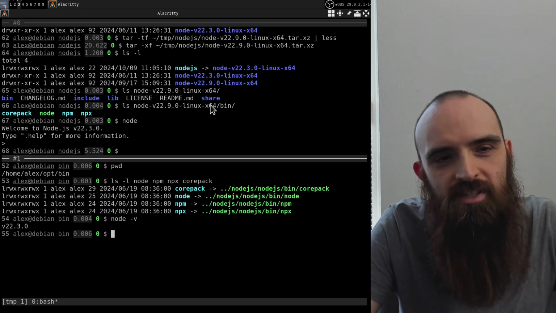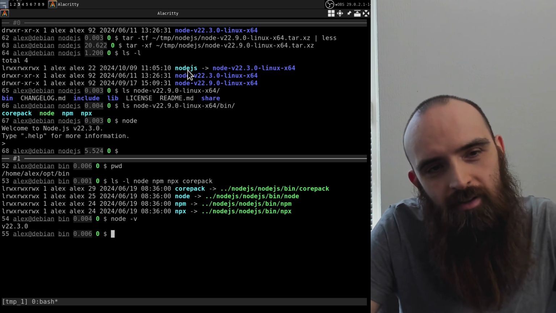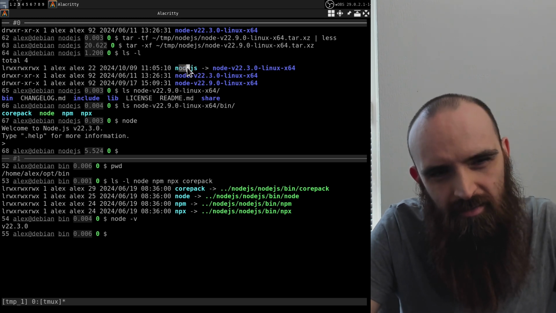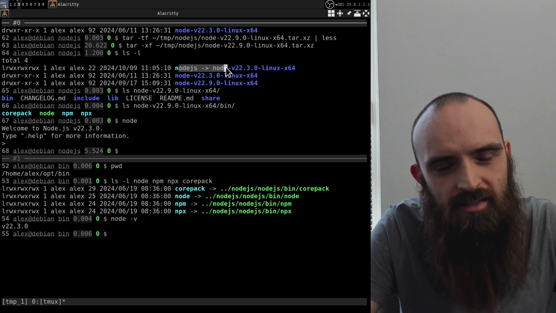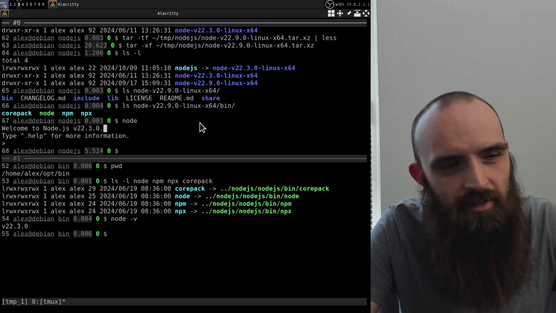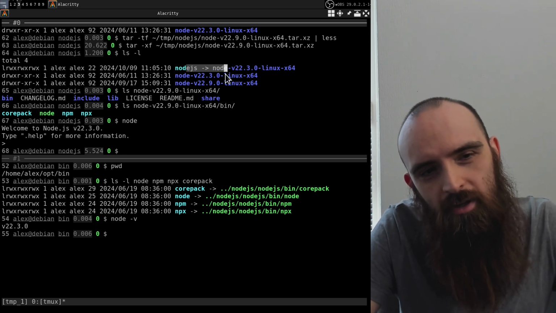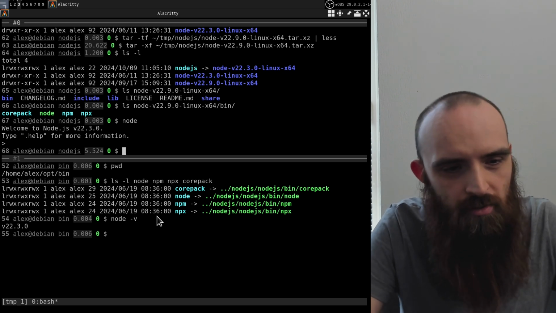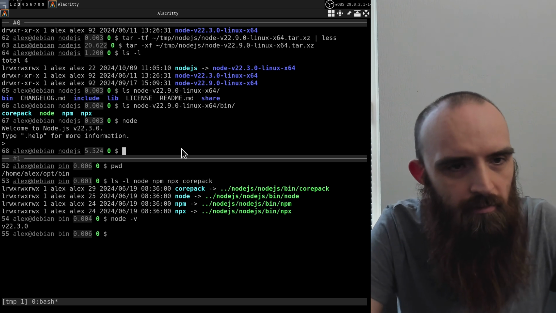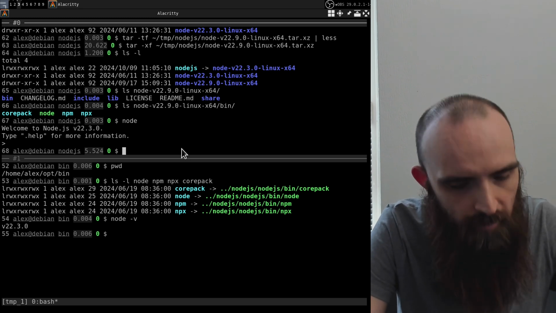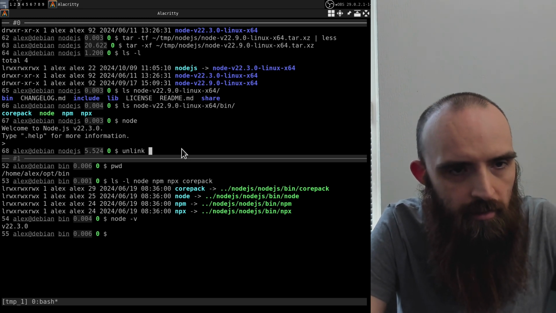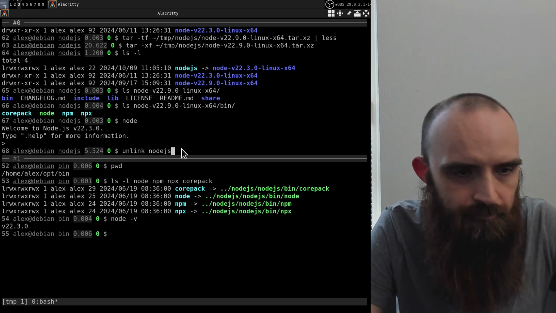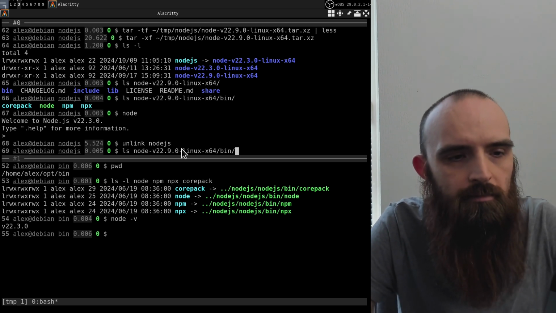If you want to use this method, then you would first have to create this Node.js symbolic link. So let me first change this symbolic link, and then we'll take a look at how to create these by using this method. So I'll type unlink Node.js. That will remove the link,